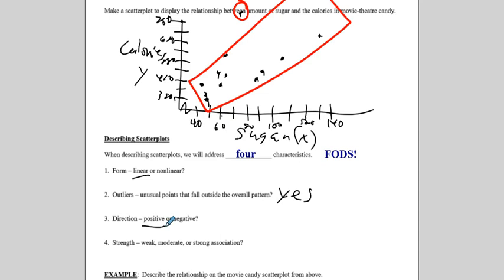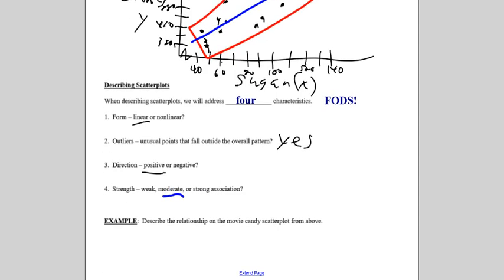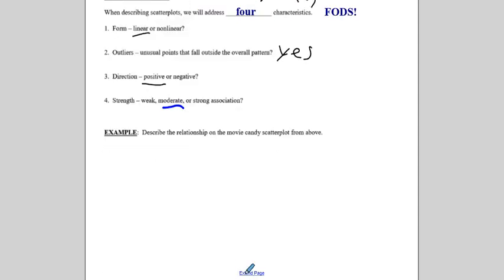So we use these ideas of weak, moderate, and strong. If we looked at this and said, I'm going to draw a line kind of like there, well, that would be moderate. You can see the formation of a line. They're kind of close to the line, but not very strong. So now our favorite part, we're going to write a sentence. We're just going to describe using those four terms. It's a very simple sentence. We're just listing words. There is a moderately strong